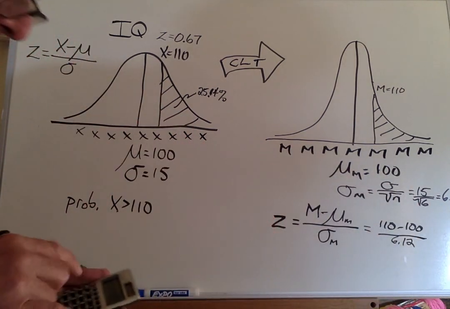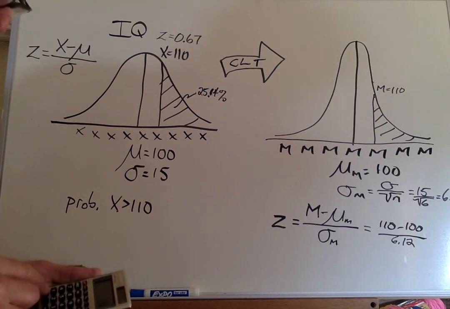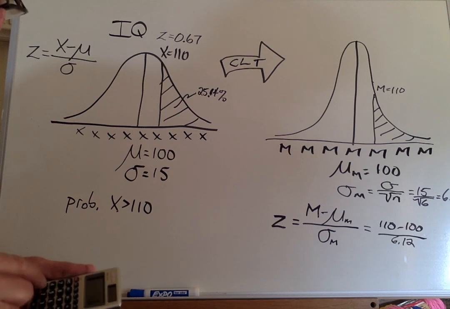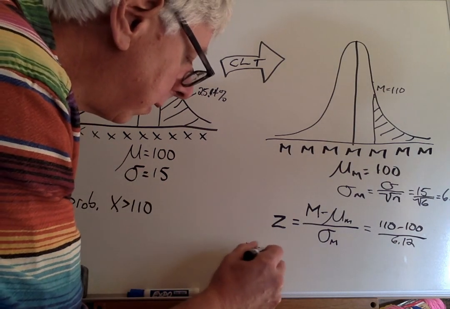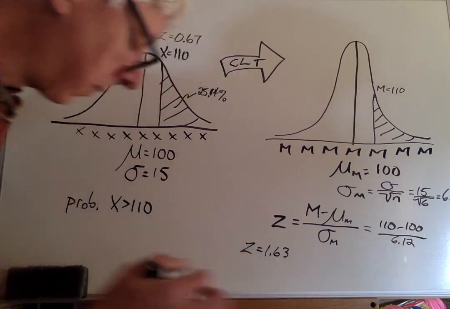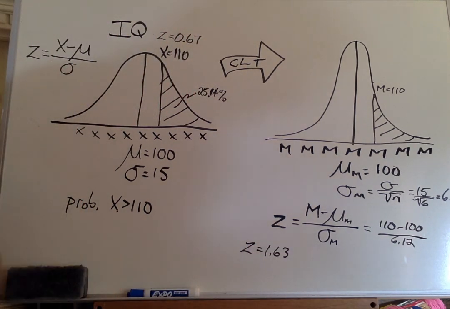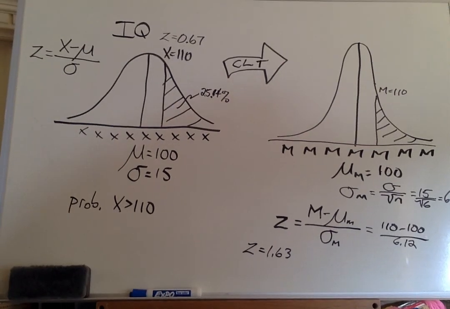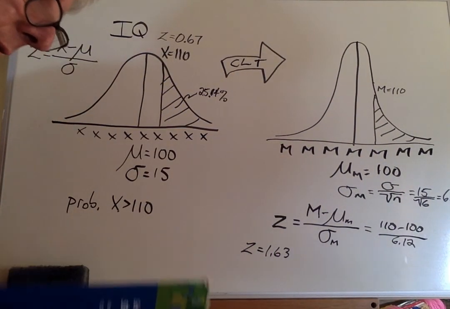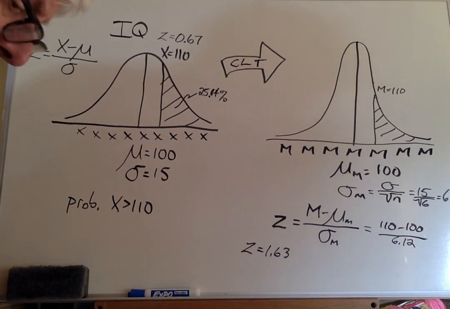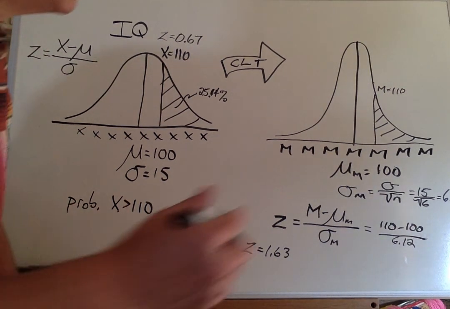So let's do this. 110 minus 100 divided by 6.12. So our new z-score here, 1.63. I'm going to use my z-score table. I want to know what proportion of people are beyond that. And here,